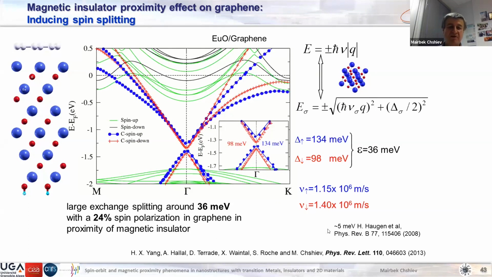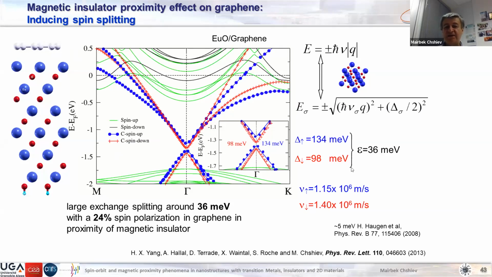We did first-principles calculations, and you see the Dirac cone. It is electron doped, but you are splitting the Dirac cone and inducing quite large exchange-split gaps. The exchange value is 36 millielectron volts,